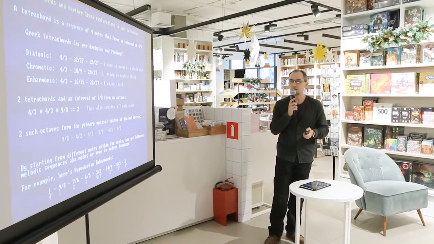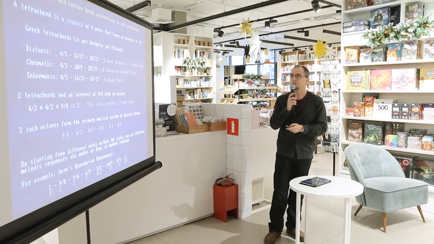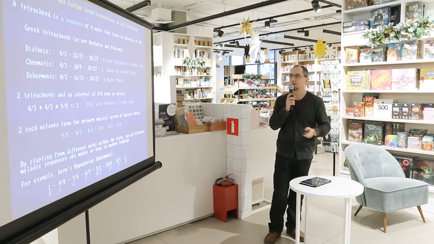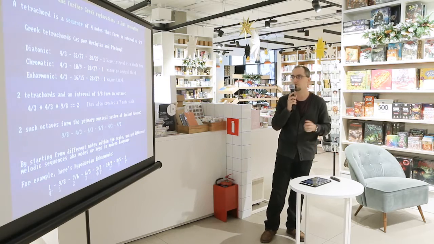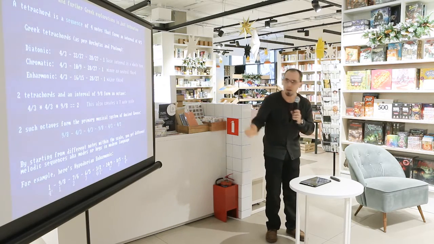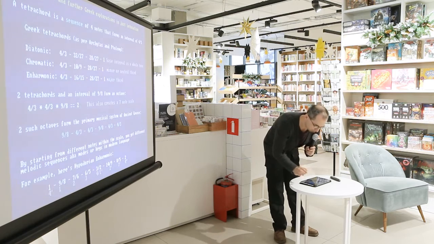By classical Greece, they already had a tetrachordal system, with the tetrachord being a sequence of 4 notes arranged in an interval of 4/3 plus 2 other notes. There were 3 genera described here. Here's what they sound like: